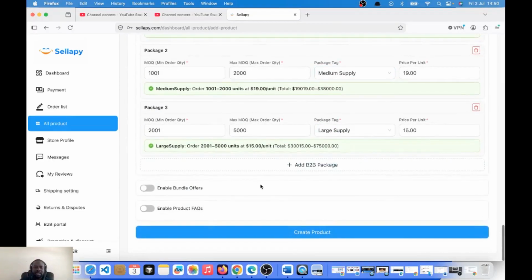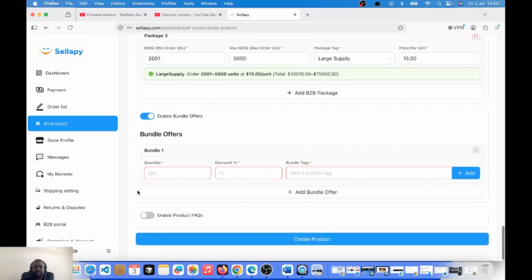The next one here is what is known as the bundle offer. It's not a must as well, but if you want to attract more sales or an easier checkout for your customer, I will always advise you add this as well. So if you click that, you will see that you can add the quantity you want to give as an offer. Let's say you want to encourage people to buy 2 instead of 1 piece. Then you can give them a discount of, let's say,